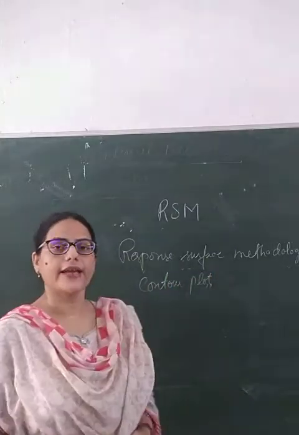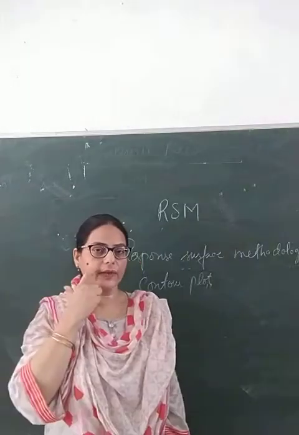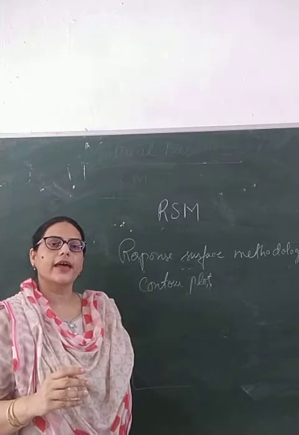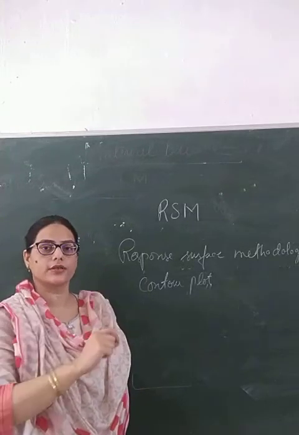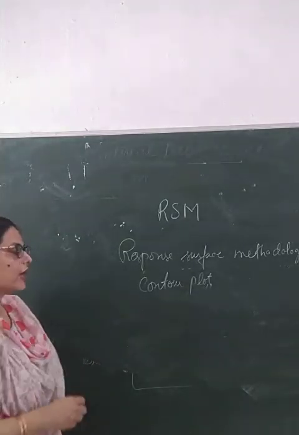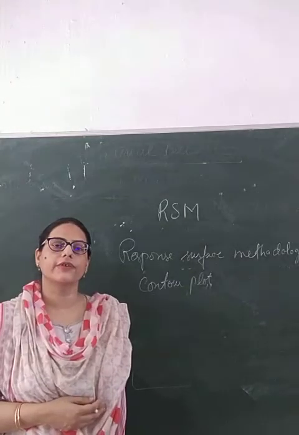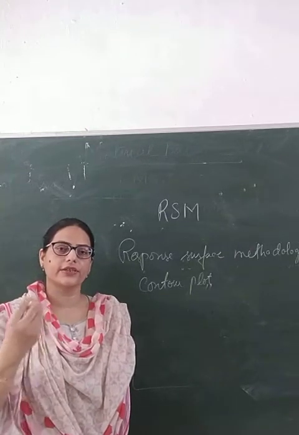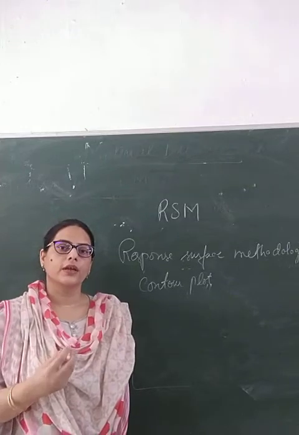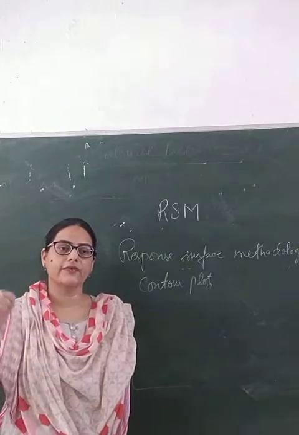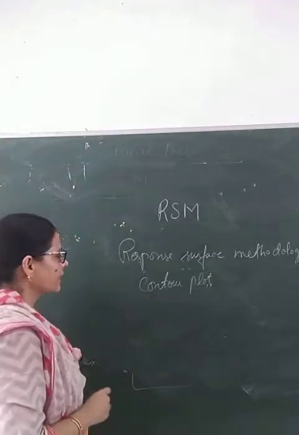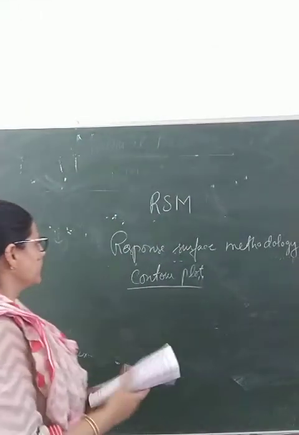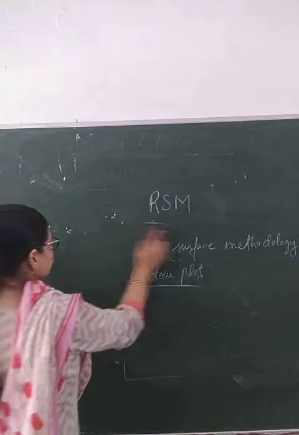So on the x and y axis we take the variables, and then we plot the response inside the curve. Contour plot is much like the topographical plots that we do in geography. Those places which are having the same topographical feature, there the dots are matched and we get a curve. So that is the contour plot. So here we will see the response surface plot.